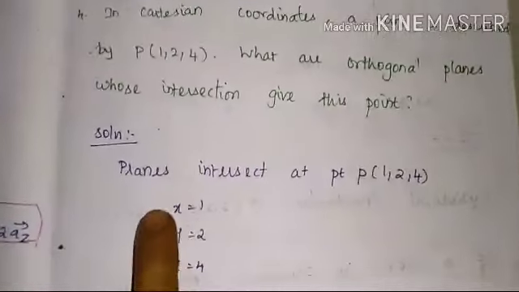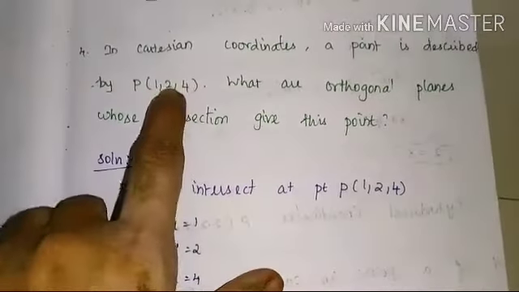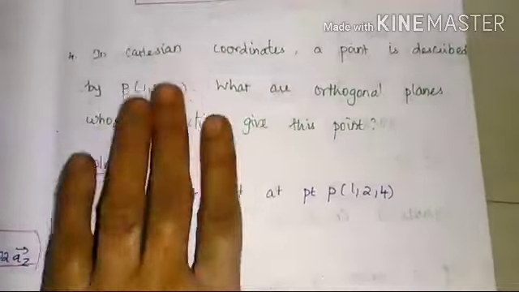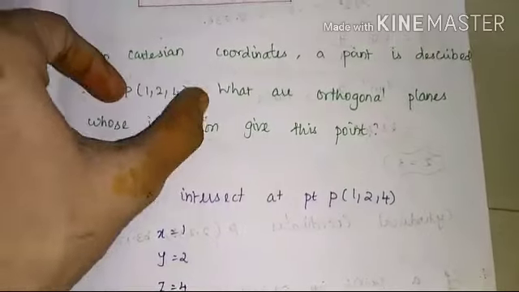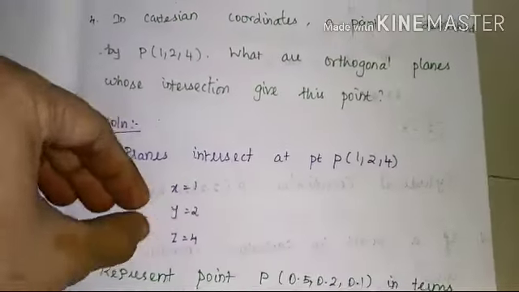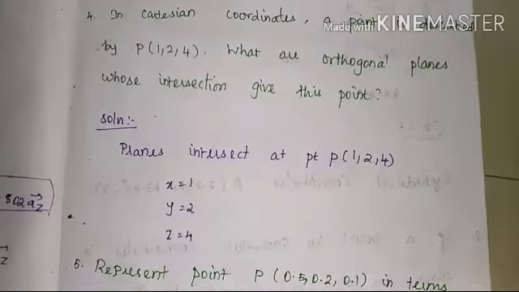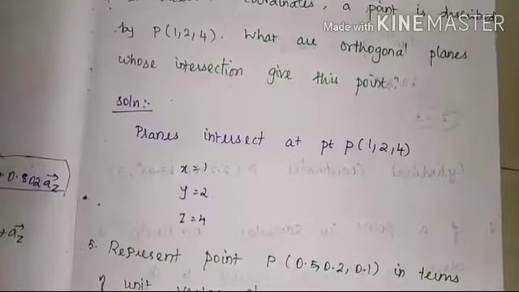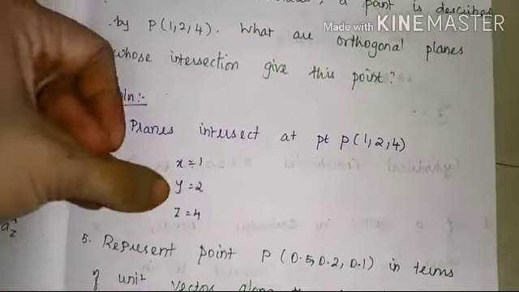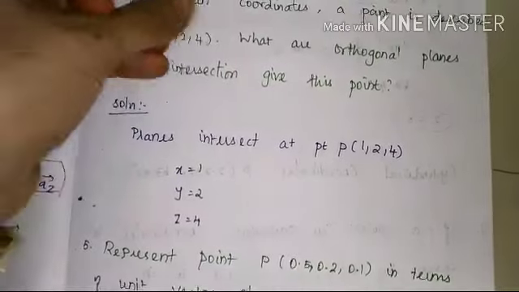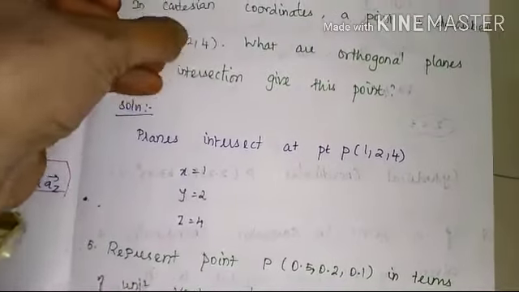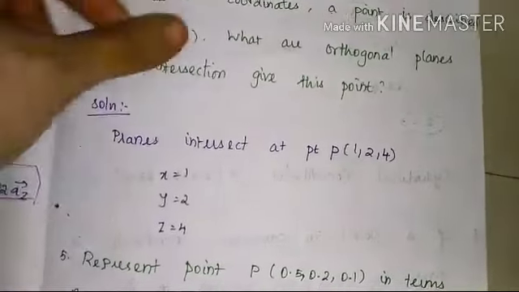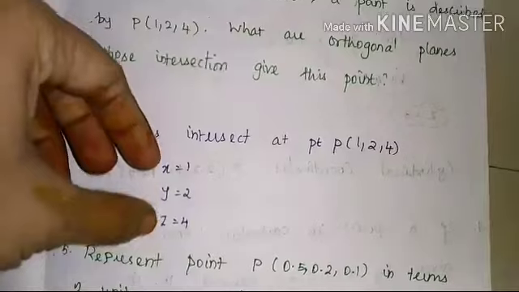So, x value will be 1. Y value will be 2. Z value will be 4. That is the same thing they have given. But the point only they have given. From that point we are finding the Cartesian coordinates. What are the Cartesian coordinates? In the beginning of this video itself we have introduced the coordinates of 3 types of systems, right? So Cartesian coordinates in the sense x, y and z. So 1, 2 and 4. First one is the x-axis, second one will be the y-axis and third one is the z-axis, right? So this intersection point will give us the value for x, y and z.